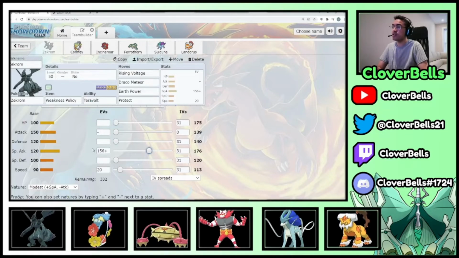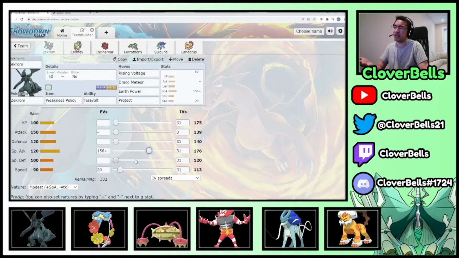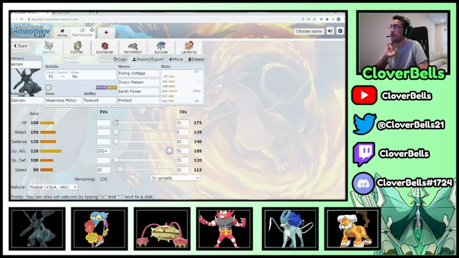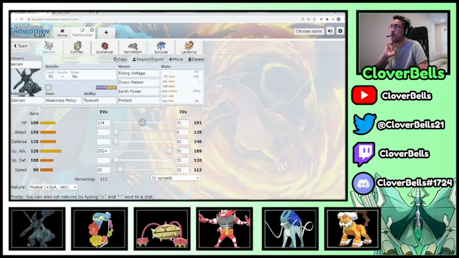Like 176 to, you know, 156 investment. I think we can do more with a restricted here. So I think we're just gonna max it out here. So that's fine there. And then for the HP mark, I feel like we can just go 124 here